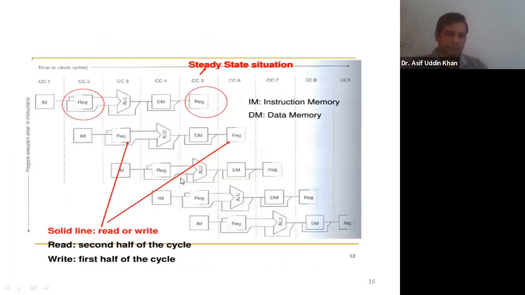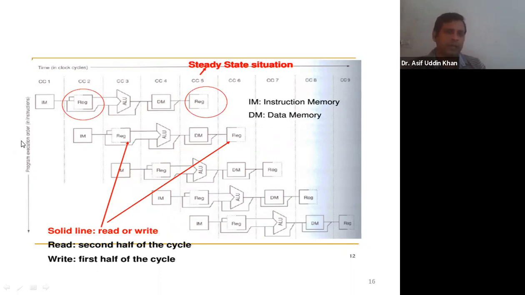Now in this slide I'm going to show you what actually happens during register read and register write. I told you that in clock cycle number 2, the ID stage, and in the WB stage, the register is accessed. Here the clock cycle numbers are shown, in short written as CC: clock cycle 1, 2, 3, 4, 5, 6, 7, 8, 9. So 9 clock cycles are shown here, and a total of 5 instructions.